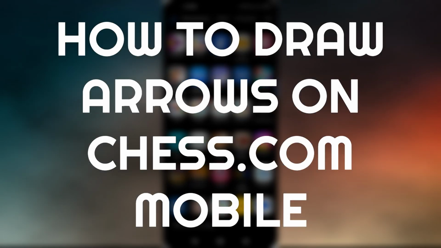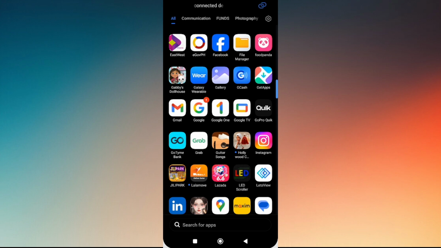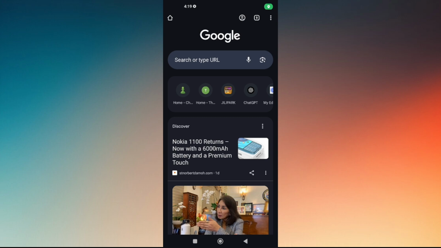How to draw arrows on chess.com. First things first, open up any web browser that you have on your mobile device, and then just simply